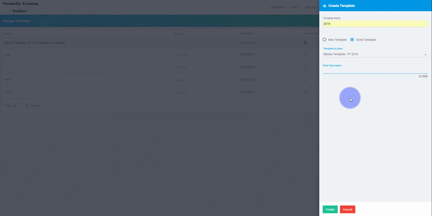So if you know what it is you'll be changing prior to doing it, or if you have multiple templates, we do have clients that have a different style of templates. Again, it's completely your choice. You are in control. You can enter as much as 1,000 characters here to explain the changes that are on the template, and simply hit create. Okay, and once you've created,